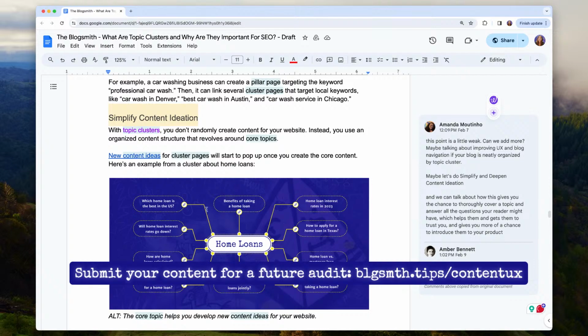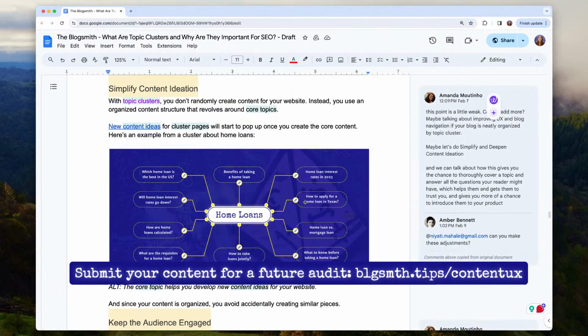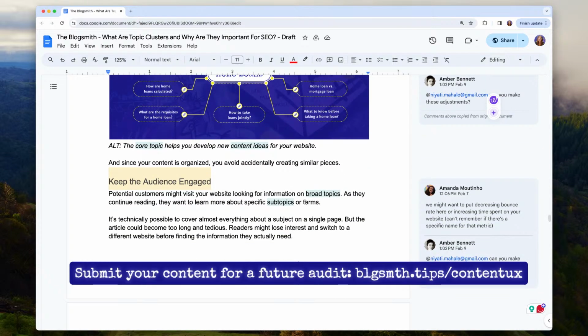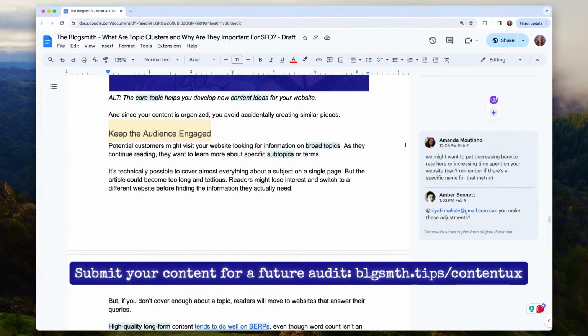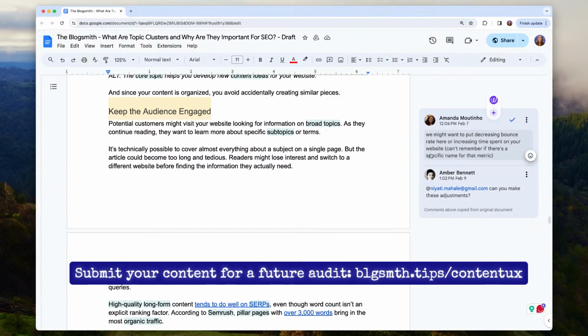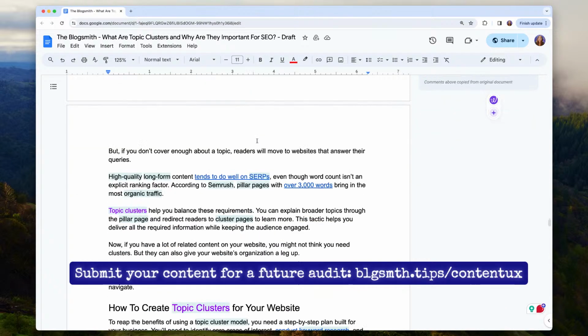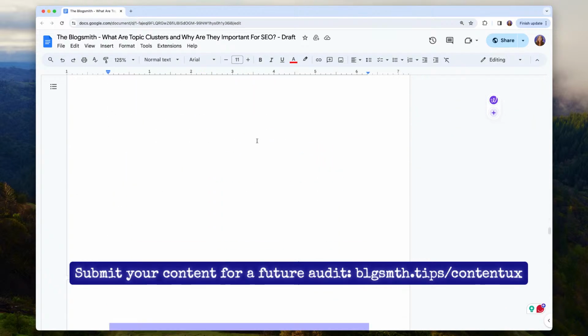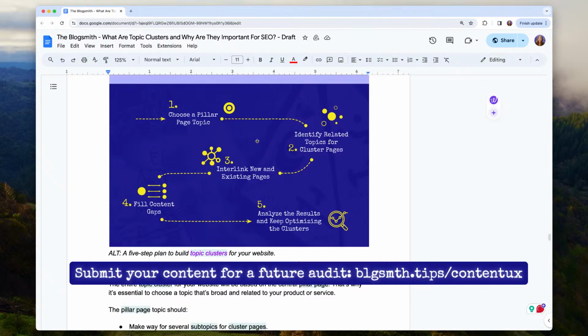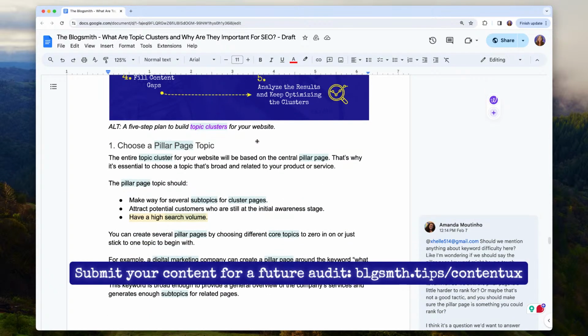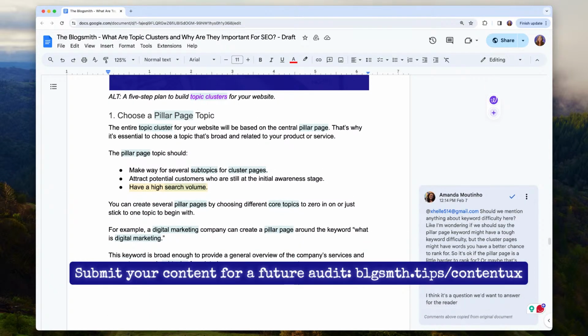Again, poking some holes. Another good example of a graphic. Amanda, again, kind of defending our stance on digital marketing and SEO in general. How can we flesh this out to make it more useful to that end reader? Another cool graphic. Here we've also tagged our SEO, asking for her input specifically on this related SEO subject.